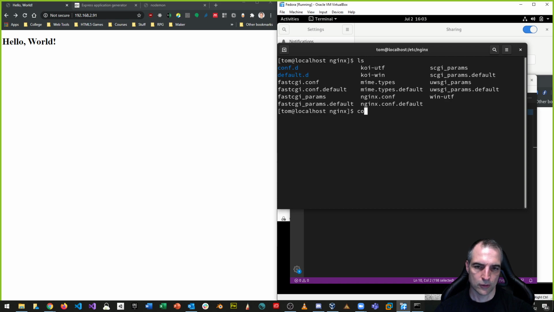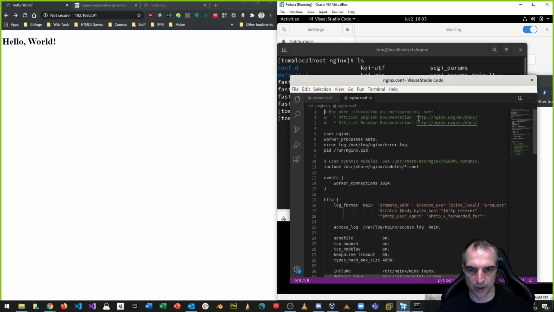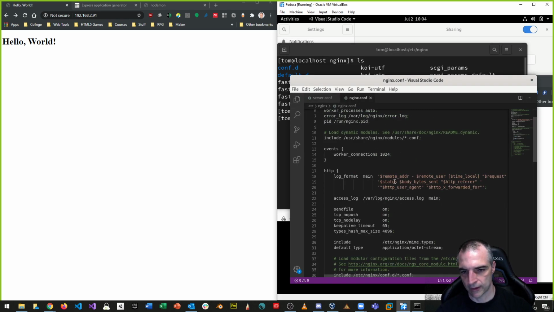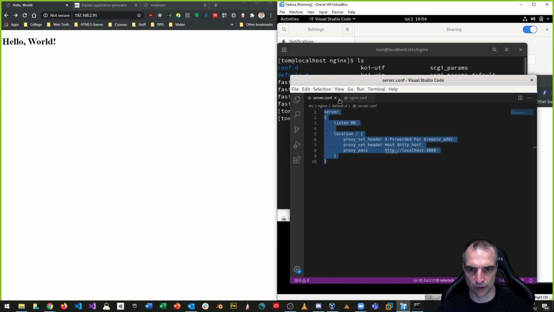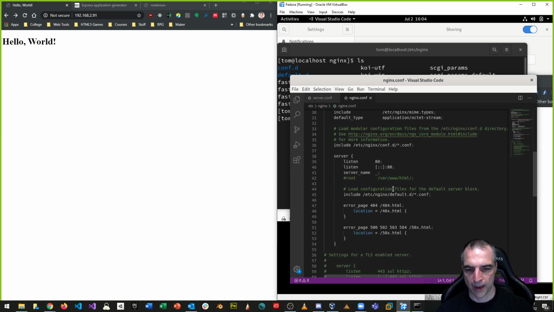And we'll do a code nginx.conf. So we're just opening it up in the same editor, side by side, right? So here we have our configuration, here we have this. And what I want to do, just to not kill all this good work we've done here, I want to put in here,